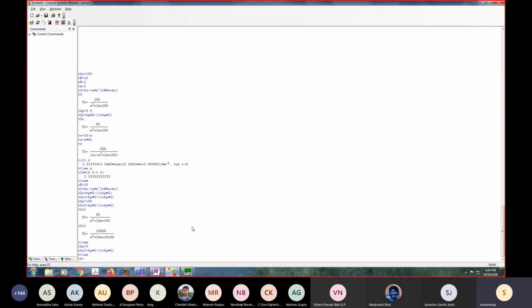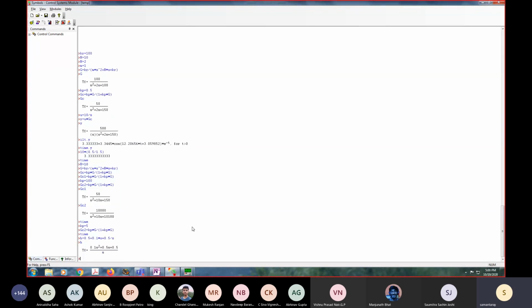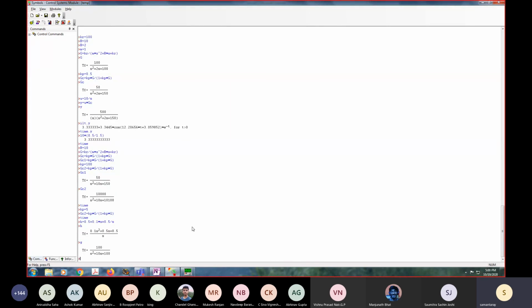Some H I set. Let's say Kp is 0.5. Kd is something very small, 0.1 s, and Ki is, let's say, whatever you want, 0.5 by s. So this is my PID controller. My G was there. If you look at this, the damping in my system is already 10. If my system already has damping, I don't really require any extra D gain. D gain adds damping to the response. If the system already has a good deal of damping, you don't add D gain.